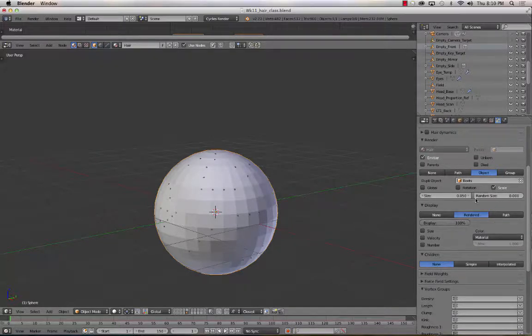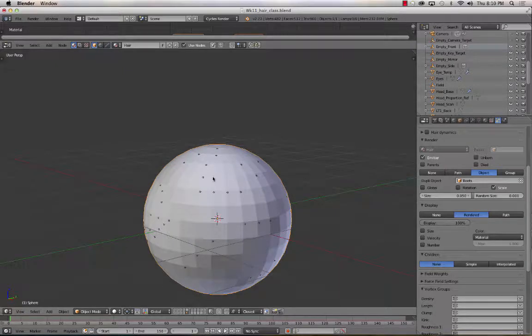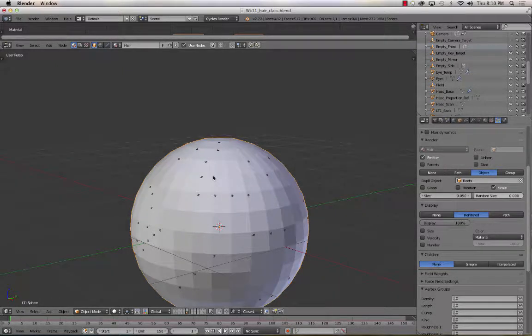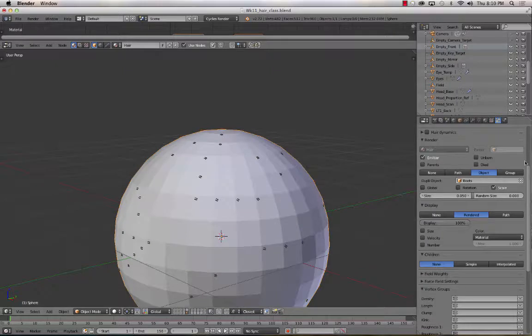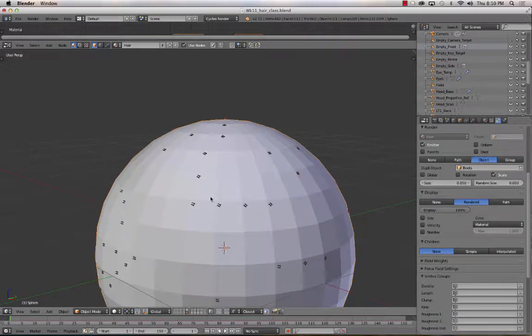So now, instead of strands of hair, it's rendering a pair of boots. And because we've got the number of emissions set to 100, it's rendering 100 tiny pairs of boots around this mesh. Maybe not the most practical of applications, but you could use this for flowers in a field of grass,